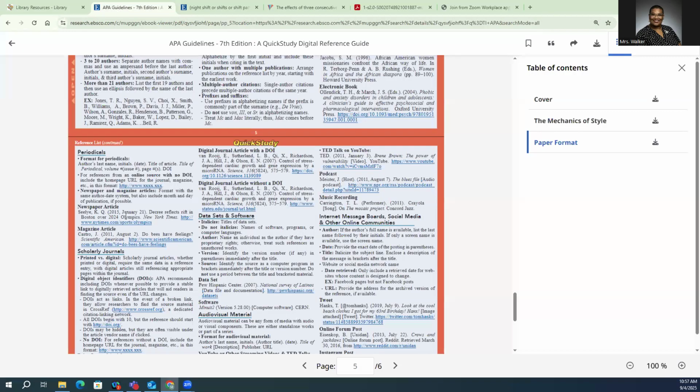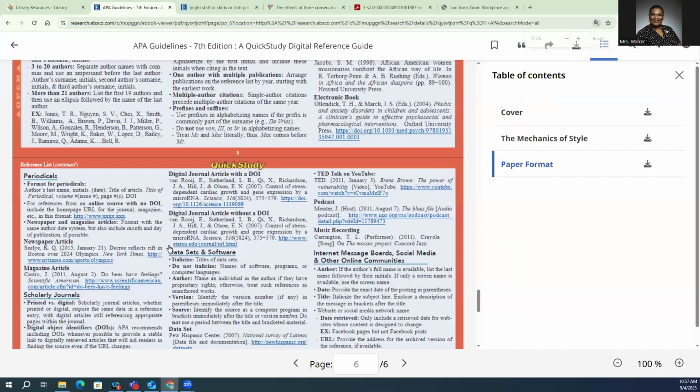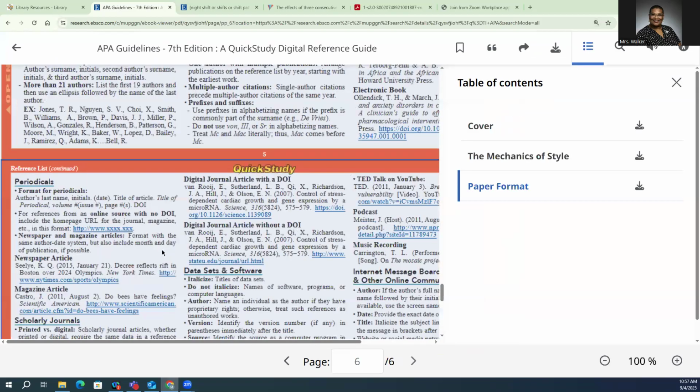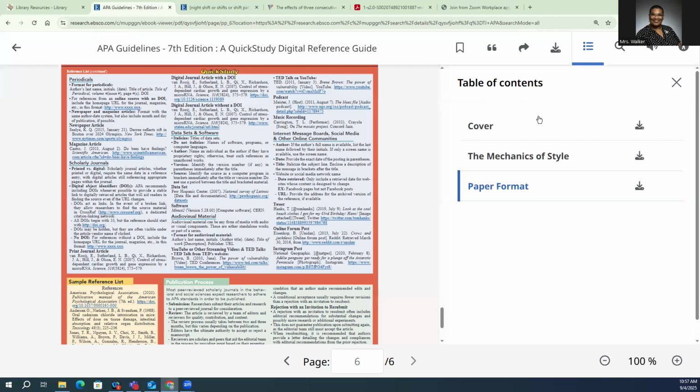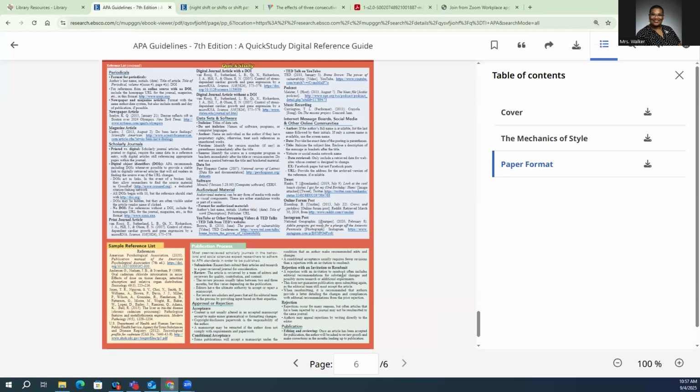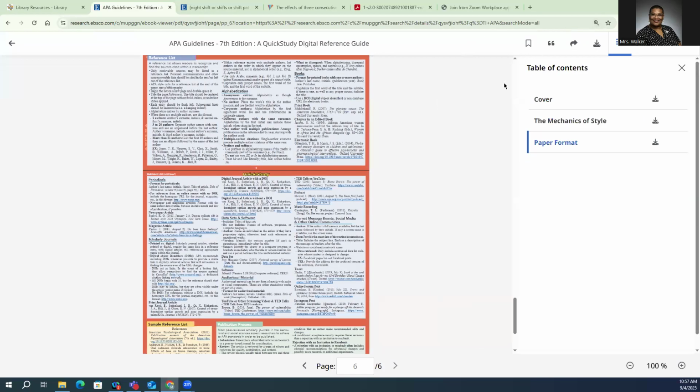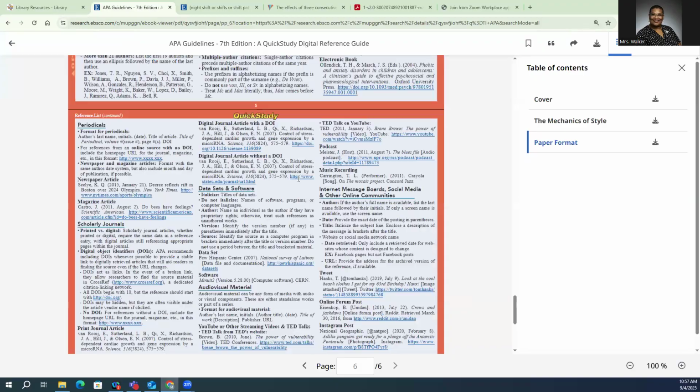So we're in the 7th edition of the APA style guide here, and I just have a quick guide that I pulled up, and let me try to zoom in. When I go to the reference list part of the style guide, I see it right here.